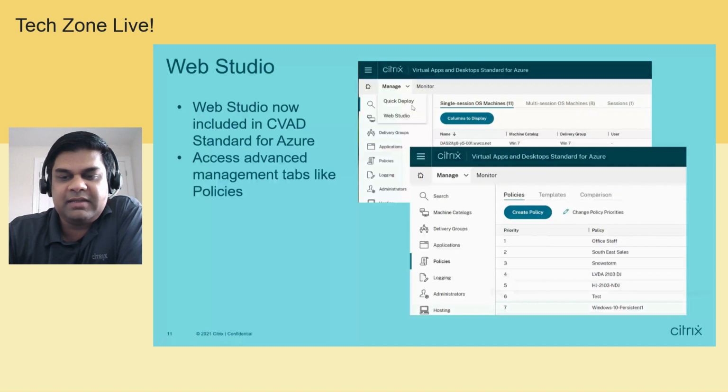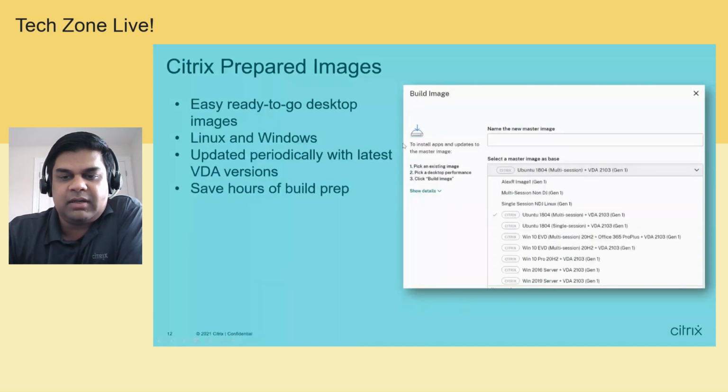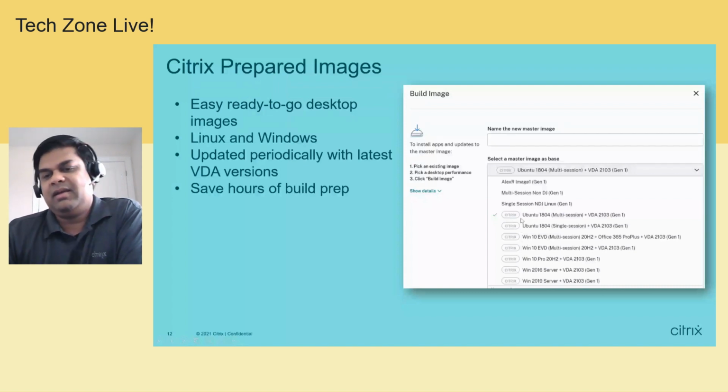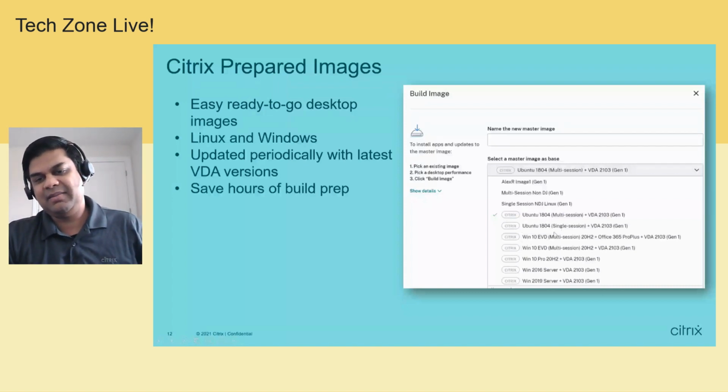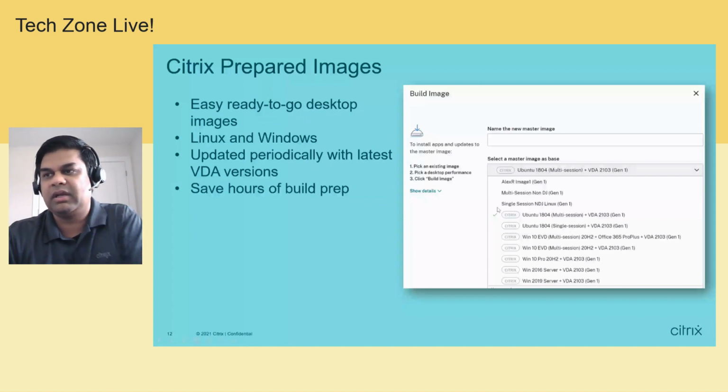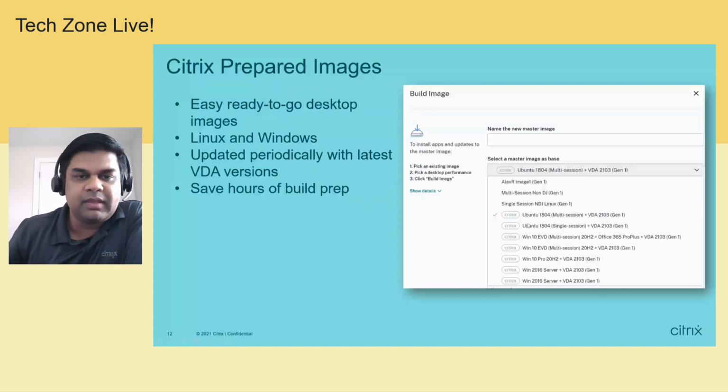The next one is Linux-based images, Citrix prepared images. As you know, we also make it easy for customers to take advantage of pre-created images that we provide, so that you don't have to really create those master images. We had a bunch of those for Windows, but now we actually have it for Ubuntu. We provide both Ubuntu multi-session as well as single session images. If you remember creating a Linux-based image, the installation guide was 40 pages if you had to start off with a Linux VDA. So now we just make it available. You can just go in the UI and select this, and within a couple of clicks, you can start your Linux VDA deployment. So that's another simplification that we are bringing.